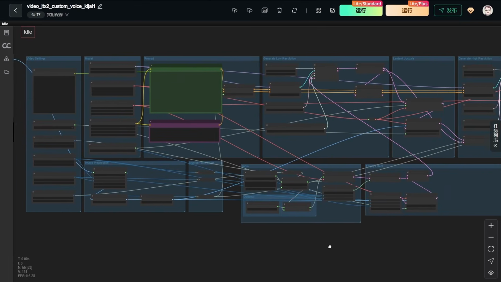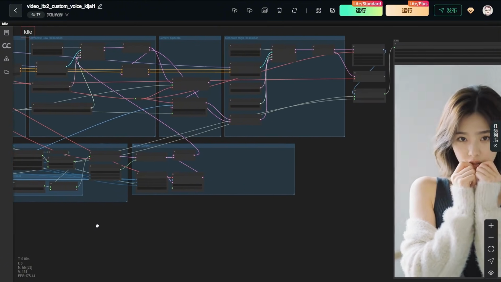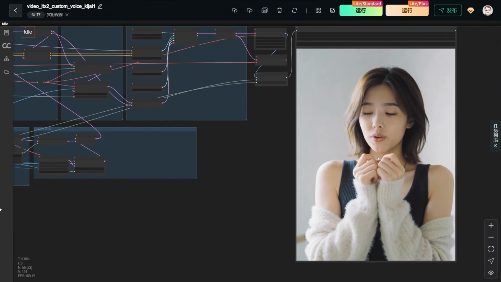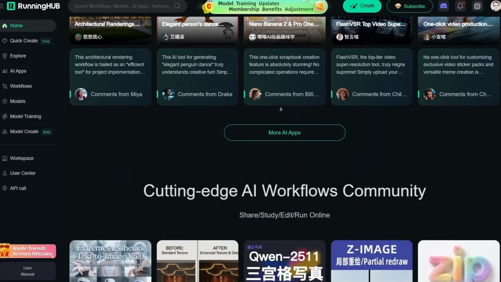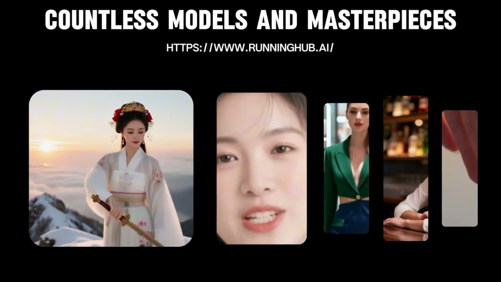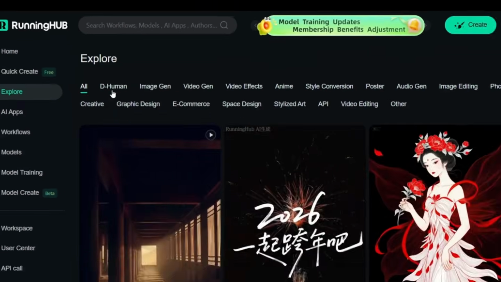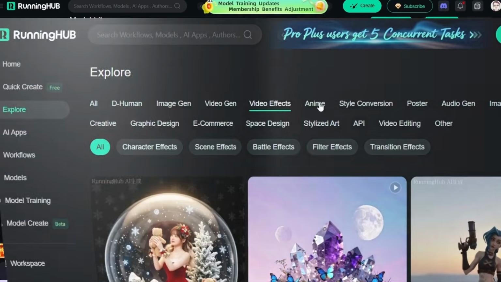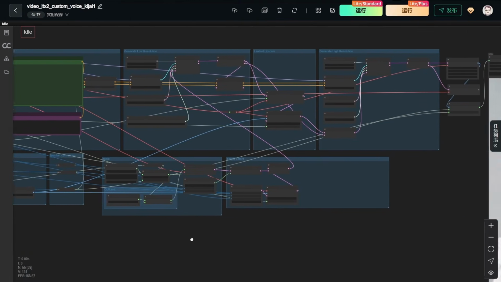How exactly do we build this workflow? It is actually quite simple. To make testing easier, I deployed this workflow on Running Hub. In the ComfyUI space, Running Hub is an incredible online cloud platform because whenever new models or technologies emerge, they are always the first to support them. Running Hub also provides a fantastic online community for ComfyUI creators, where you can find tons of inspiration and practical